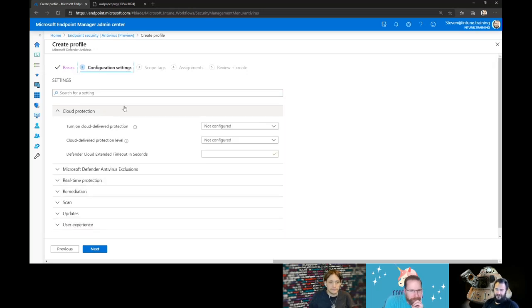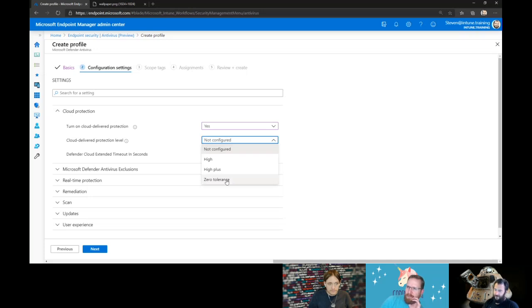So now we have the ability to do our cloud protection. So all of this is in the endpoint protection policy in the previous policy when you go into device configuration, but it's now extracted out into its own policy because it is such an important thing. So you want to make sure that you're always turning on the turn on cloud delivery protection. Look, not configured is still at a reasonably good standard.